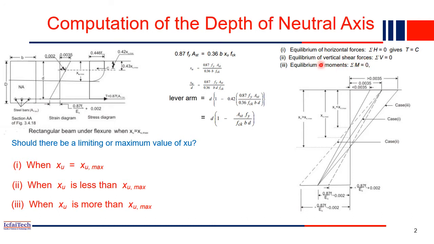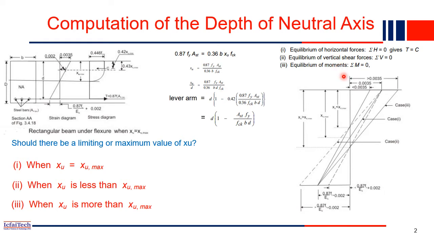That's what we discussed in the last class also. Here two horizontal forces are acting, one is the compressive force and the other is the tension force. The tension force and compression force must be equal and opposite, then only the condition summation of horizontal forces equal to 0 will be satisfied. Now, as we have considered the section at the middle of the span, there is no vertical shear force, so vertical force equilibrium is satisfied as the shear force is 0. And the summation of moments at any point should also be equal to 0.